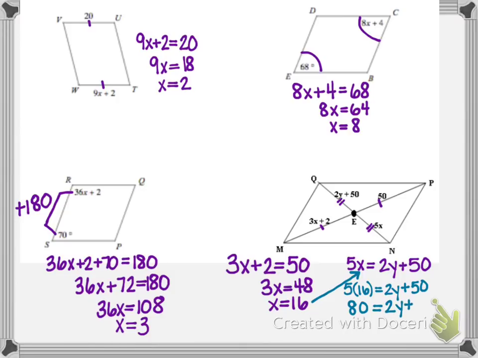80 equals 2y plus 50. Then I'll subtract 50 and get 30 equals 2y. Divide by 2,